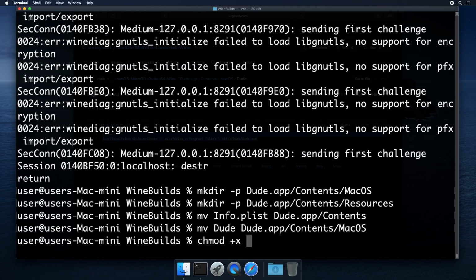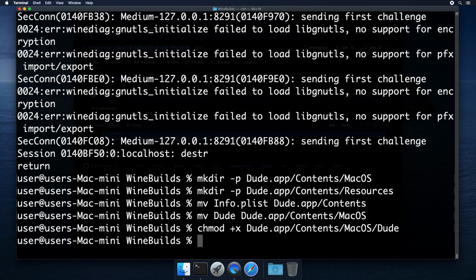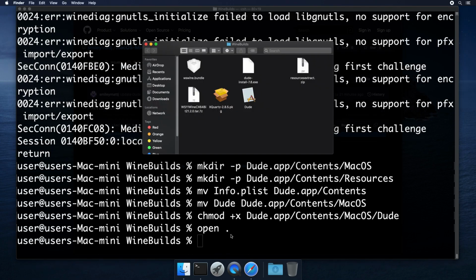We need to give it execute permissions. And now we have a shortcut that runs. However, as you can see, we don't have an icon. It's just a blank icon.